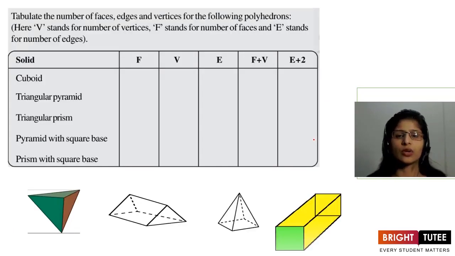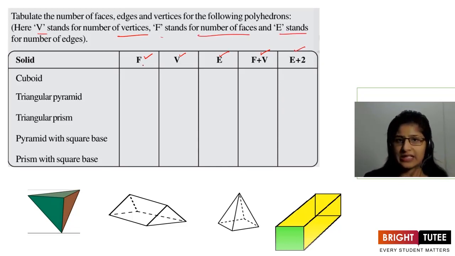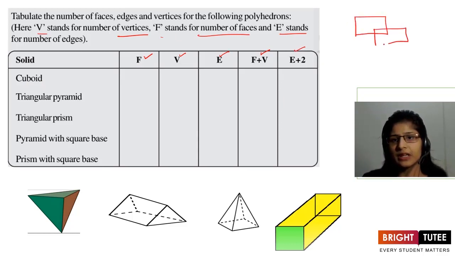Okay, so here we are going to discuss one question. Just to see, we have to write faces, vertices, edges, and then we have to add faces and vertices, and edges plus 2. This answer we have to write here. So see, V stands for vertices, F stands for number of faces, E is for edges. So here there is a cuboid. As if I draw a cuboid, just see. So we have to tell how many faces, how many edges, how many